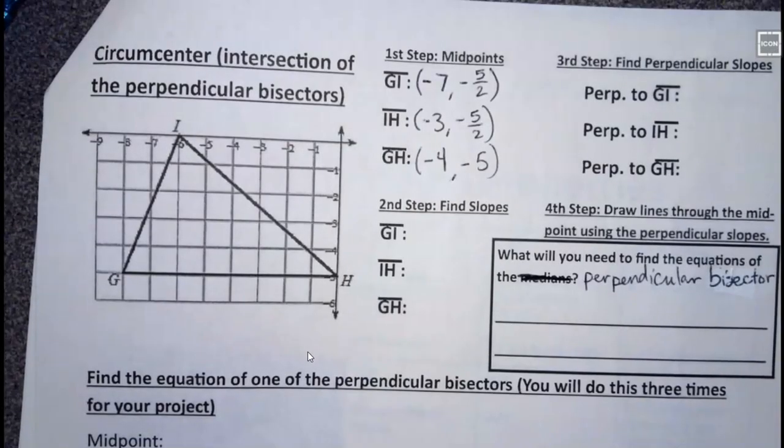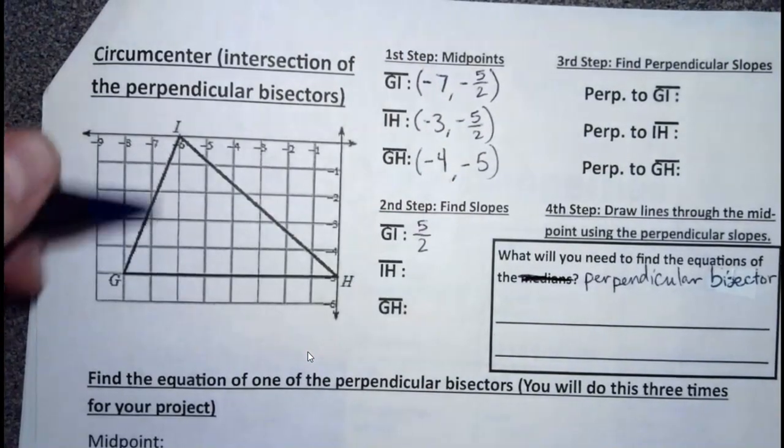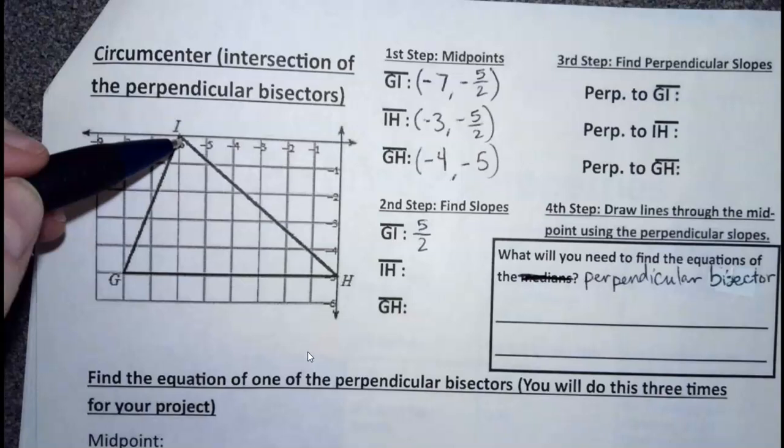All right, we're counting some slopes here. So rise over run from G to I goes up 5/2. It is a positive slope. If we put Bob on that line, he's going up. IH,